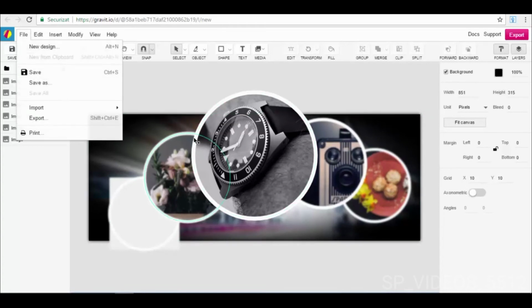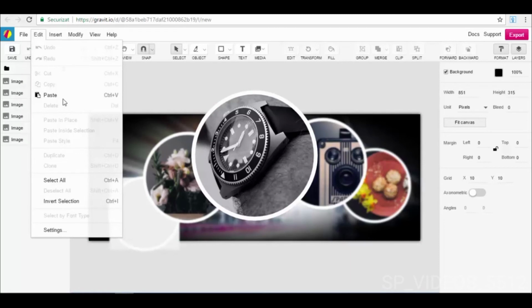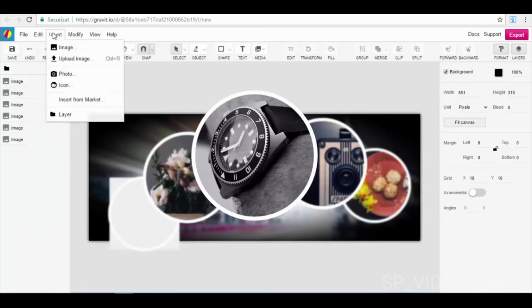You can save your project, editing options, insert. From the insert section, you can insert different images into your project. You can upload your own images, you can insert photos. You will see that you'll also have some stock photos given by them for free. Icons, the same thing. You will see that you'll have a set of icons for free that you can use. You can insert from market. You have that market I've told you about, where you can find different elements that you can insert,